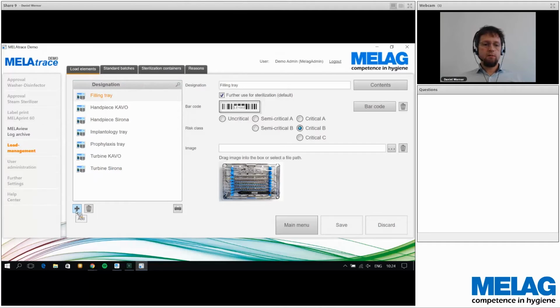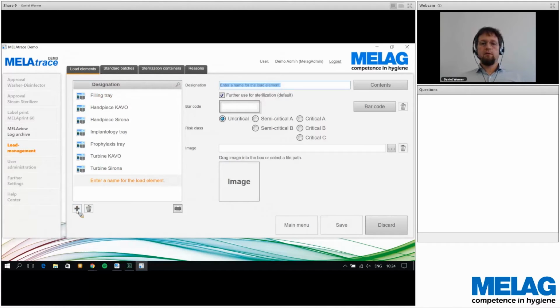and the name of the load element is handpiece from W and H. I will sterilize it all the time, so I can activate the checkbox here. I can add a barcode if I work with a scanner in the treatment room, and I can define the risk class of a handpiece. I would choose critical B,